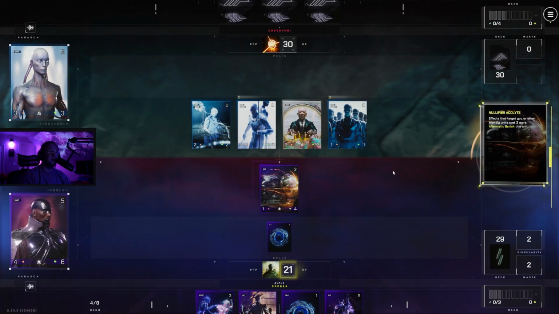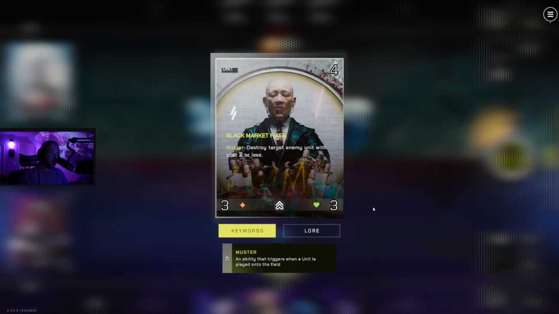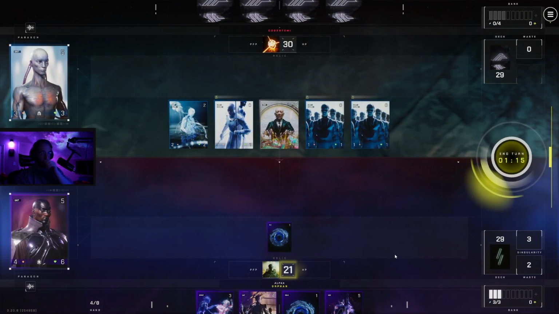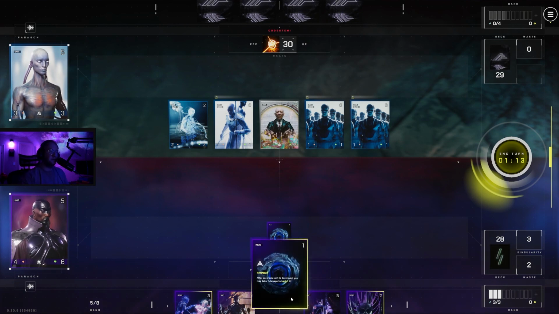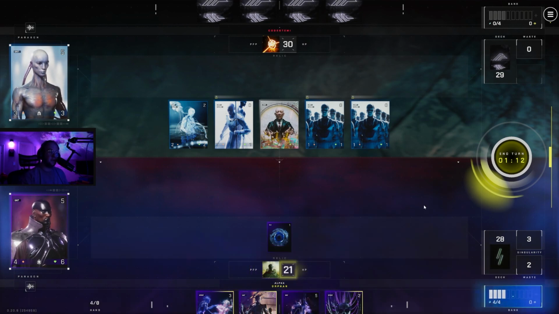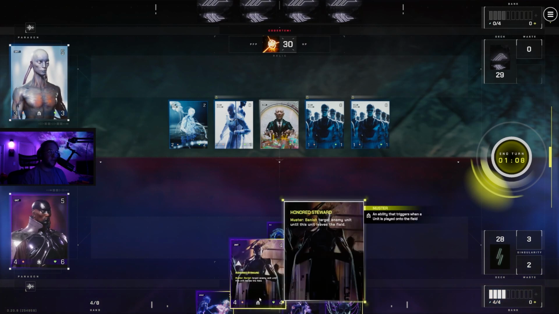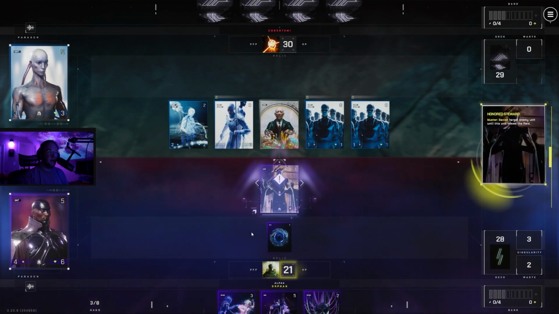Oh, and he has that. Okay. That's okay. We expected crazy fingers. We can handle him. We can handle this. Paradox. Peace. Honored Steward needs to take out